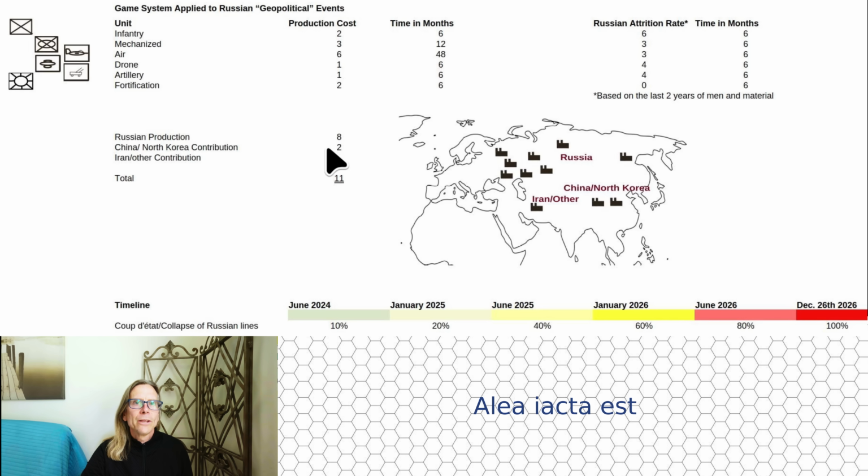So again, if you apply the production capacity of the total of the axis powers, we'll call it axis powers for the sake of this game, to the production, and you have 6, 12, 48-month time horizons. Most are 6. So to create an infantry unit, if Russia wanted to shoot the moon, they could produce 5 infantry units in a given 6-month time horizon. Now, infantry are more or less garrison units just holding the line, not very effective in pushing anything forward.